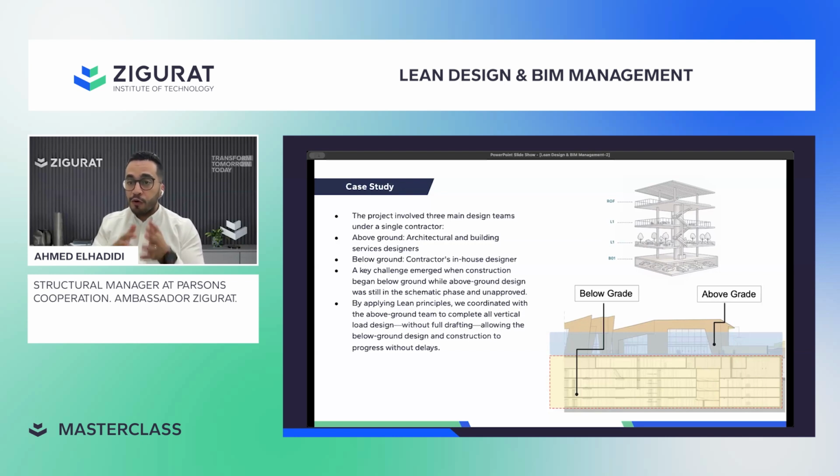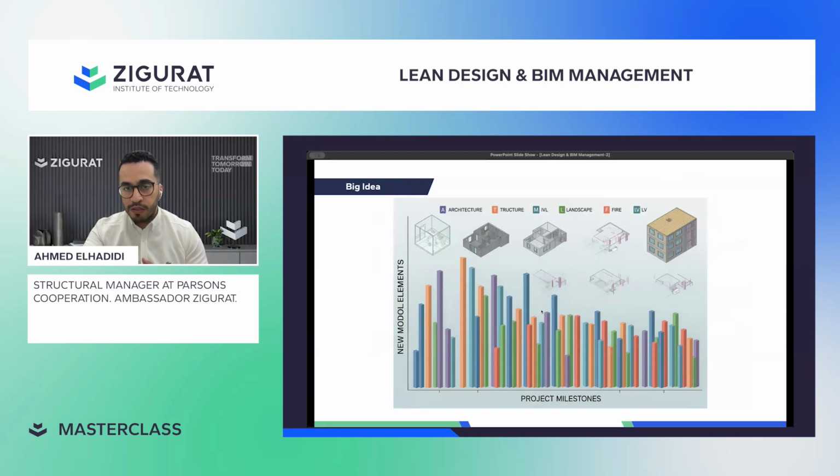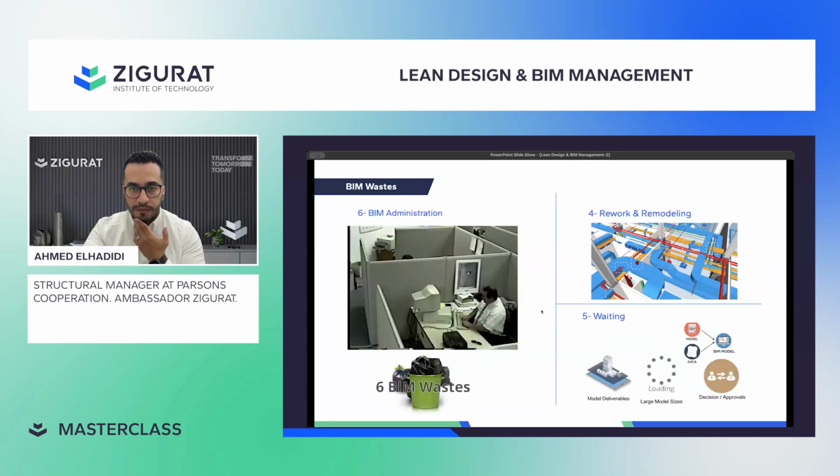What kind of waste do I need to eliminate, and what kind of requirements or tasks do I need to ask the designer right now to give me, to eliminate this waste and gain progress? So this is the lean approach and how to implement it in a BIM workflow. If I focus on the 6 BIM wastes and eliminate them, I will not have this shape, because these 6 BIM wastes, as we illustrated,